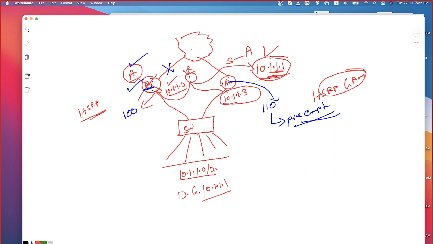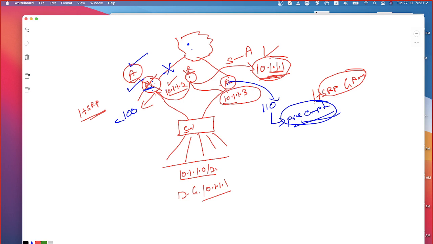So what we can do is monitor a specific link, or monitor the reachability of an IP address. Based on that, we can decrement the priority value. When you decrement the priority value, the other device's priority becomes higher, and because you have configured preempt, the standby router can take up the role of active. This is the concept of HSRP. Is that clear? Do you understand what I'm saying?